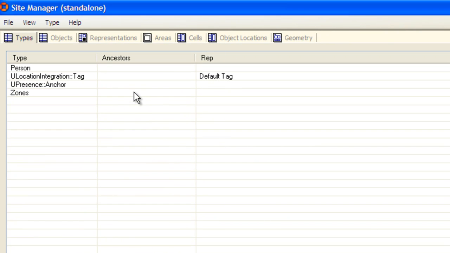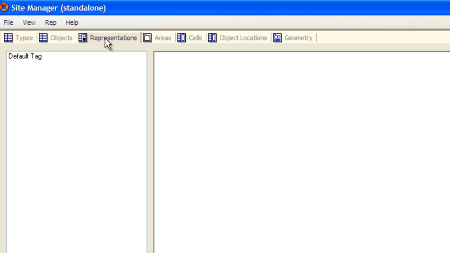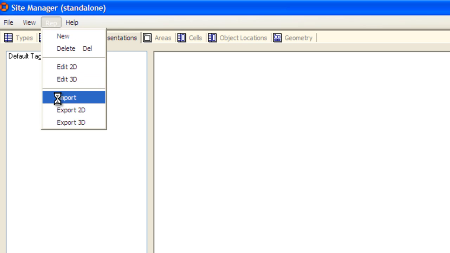Also, you'll note that by default you have a type called Person, but it has no representation. So let's go ahead and import the standard person representation. Go to Rep, Import,